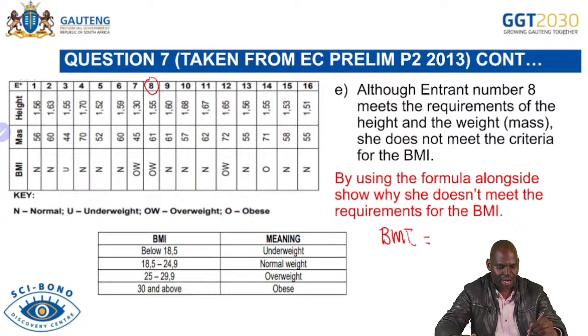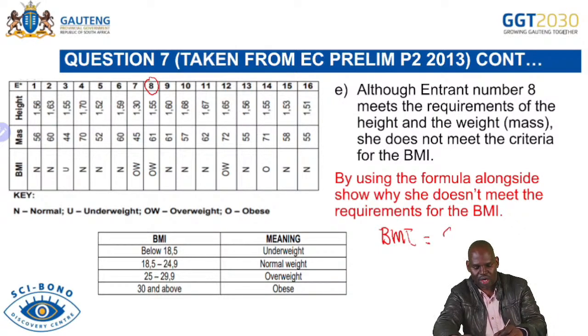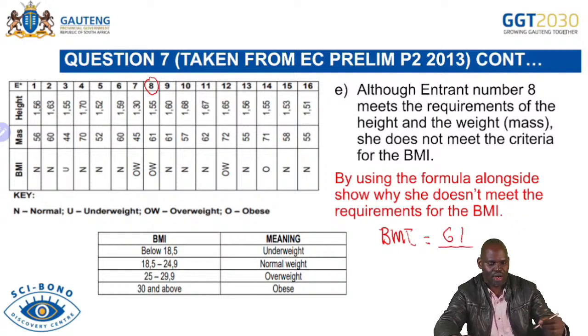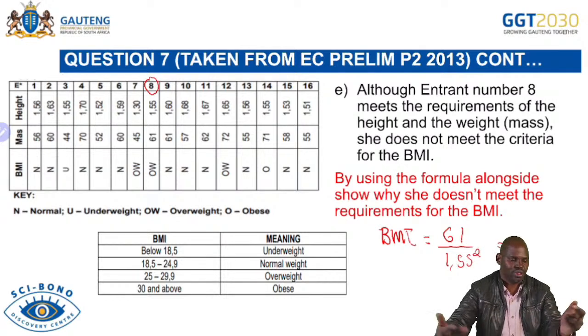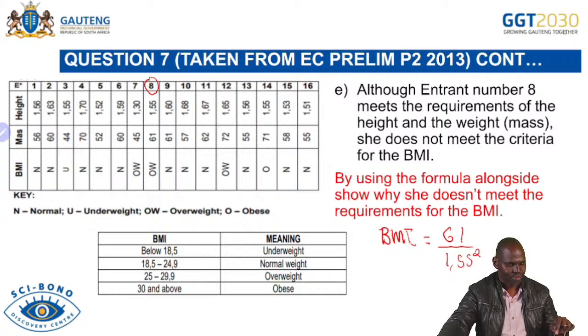For entrant number 8, the mass is 61, so it's 61 over the height, which is 1,55 squared. This one is very easy. 61 divided by 1.55 squared,